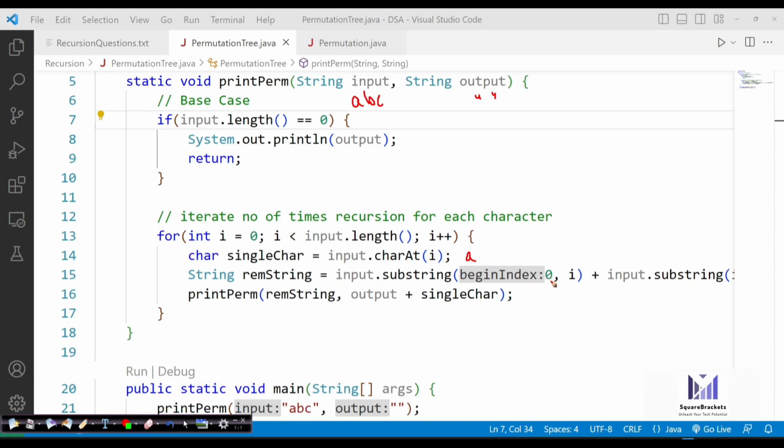Okay, so on the 0th index, we only have one character, that is A, obviously. Then I have written input.substring(i + 1). So that will store B, so it becomes AB. Now, actually, instead of saying like this, we can do one thing. Now we know that we have the substring, we have the single character i over here. Do one thing, parallelly start the debugging of this code.